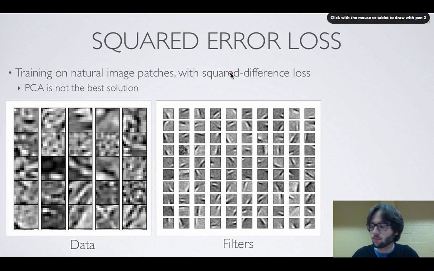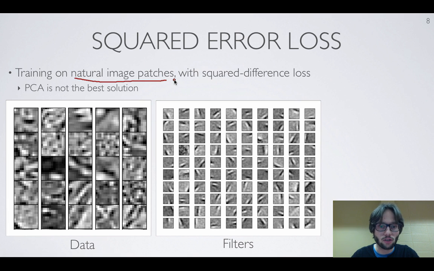Here's another experiment where we train on natural image patches. So we take a natural image like the image of a forest or something like that, and then we take small windows or patches of pixels. So these are a few pixels by a few pixels only. So they're very small, tiny images extracted from a larger image of a natural scene. And if we train an autoencoder with the square difference loss, and we add Gaussian noise, then the types